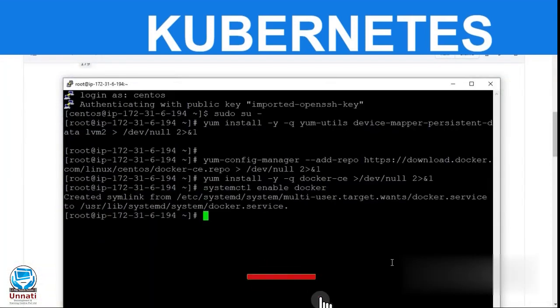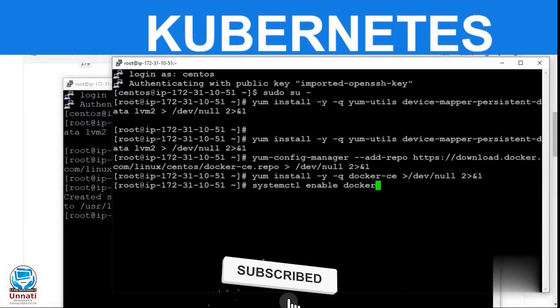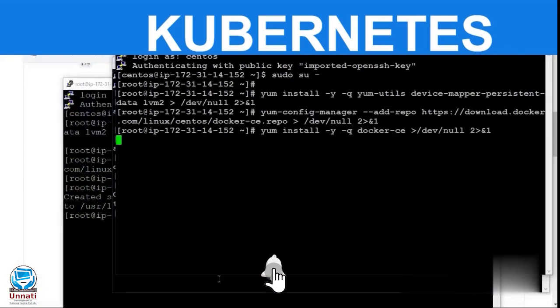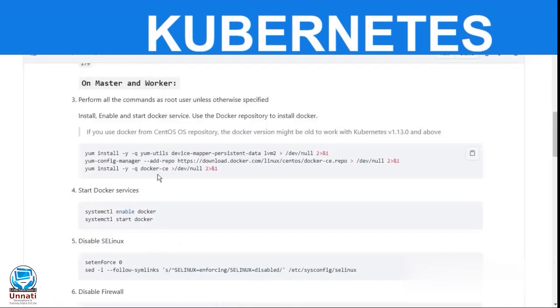Let me just enable the Docker service on each of my nodes. We will wait till it gets installed on my working node 2. For the time being, we will start our Docker service on master node and node 1.